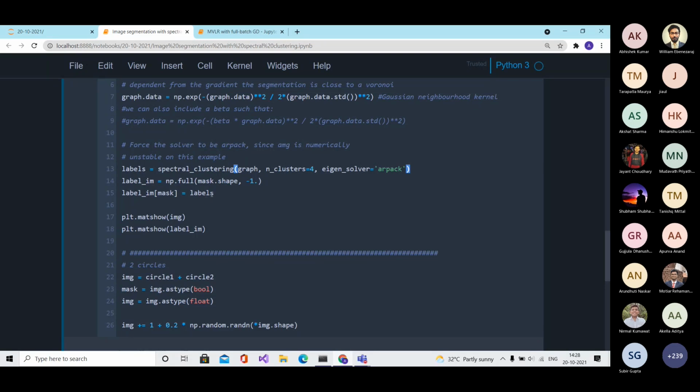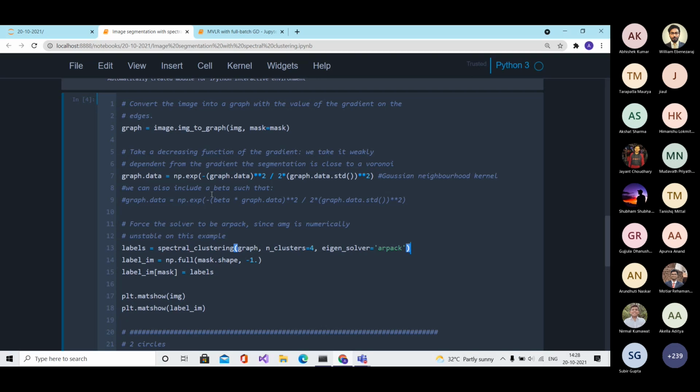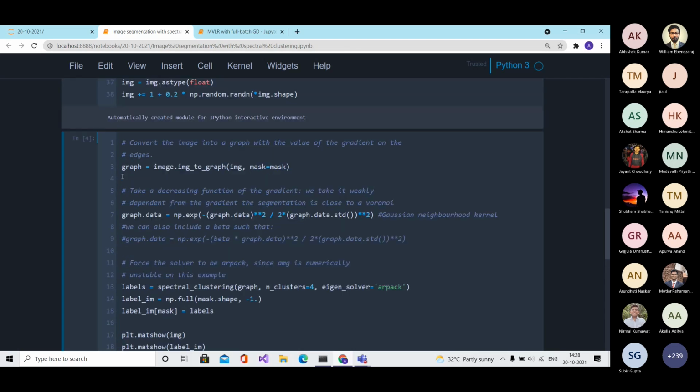Sir, please elaborate on this graph data type. This one, line 7. What kind of graph is this? Is this the original X and Y type, or is it with nodes and all?